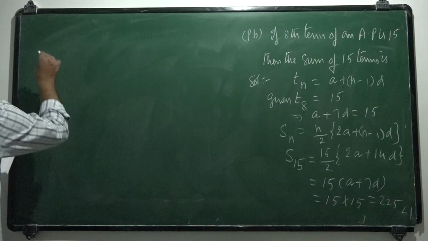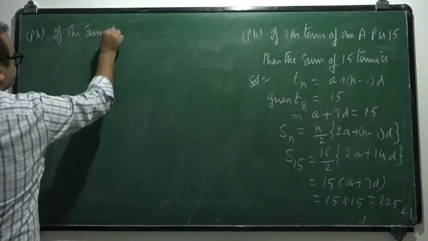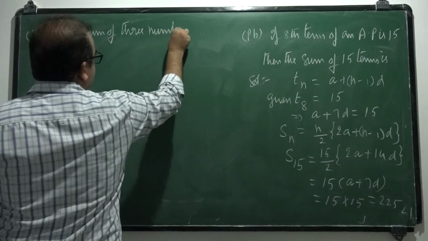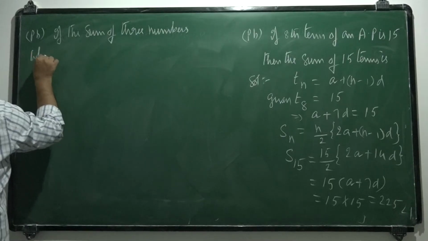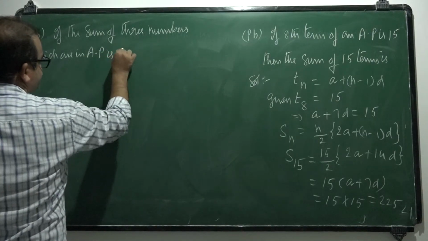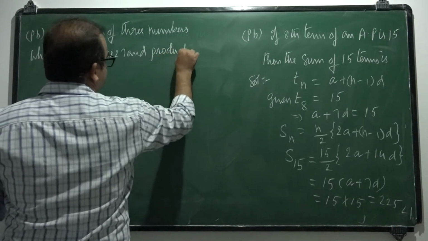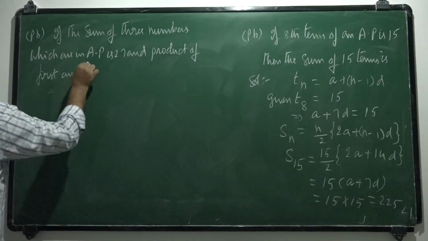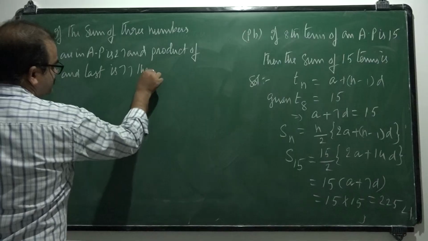Next, if the sum of 3 numbers which are in AP is 27 and the product of first and last is 77, then the numbers are...